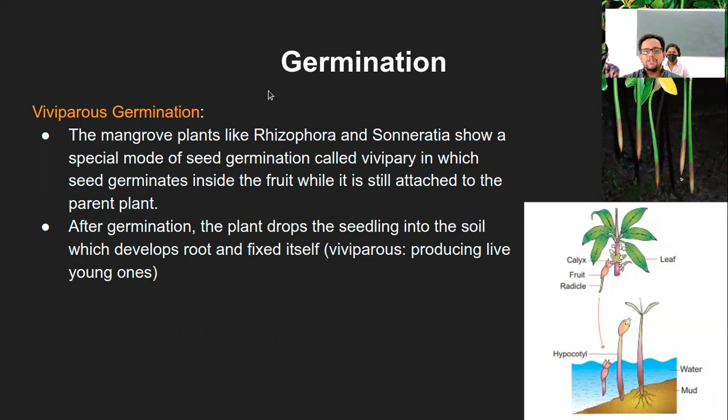Like I had mentioned in one of the earlier classes on seeds, usually the seeds do not germinate in the fruit itself, right? So this is exactly that exception to the general course of seed germination. While the fruit is on the plant, it will start germinating and giving out root and shoot system. Then after that, it will dissociate from the main plant and start growing at some other place. So that is viviparous germination.